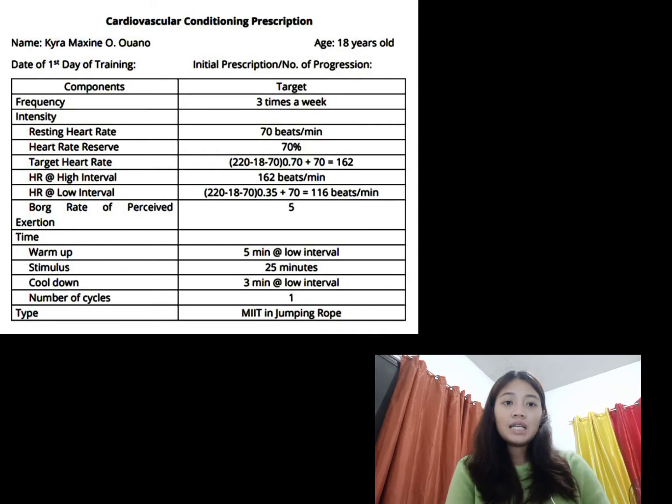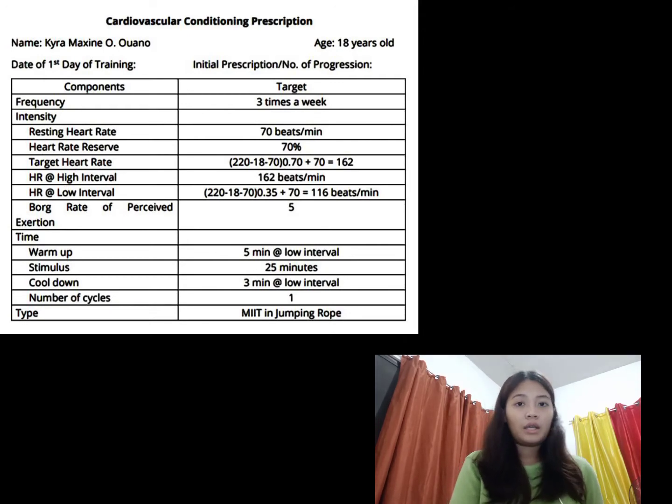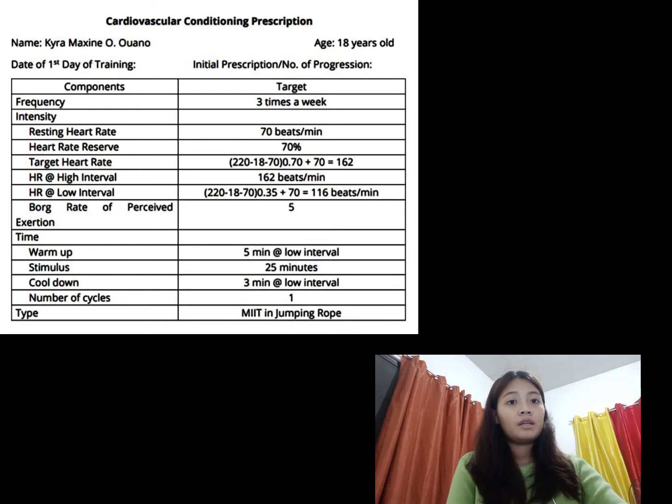Resting heart rate, 70 beats per minute. I got this from checking my pulse beat after resting for 30 minutes. No walking, no standing, just resting. So I got 70 beats per minute. For heart rate reserve, I have here 70%, and I referred to the table that was given in the module. And for target heart rate,